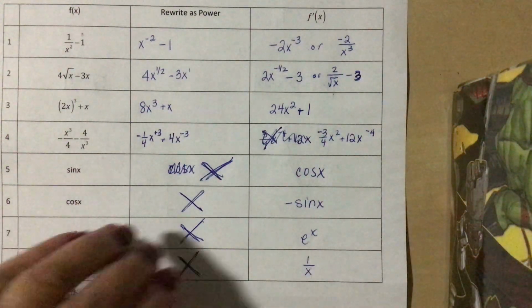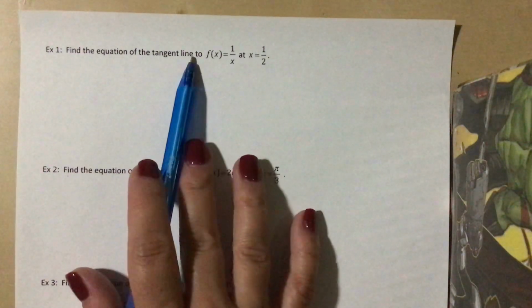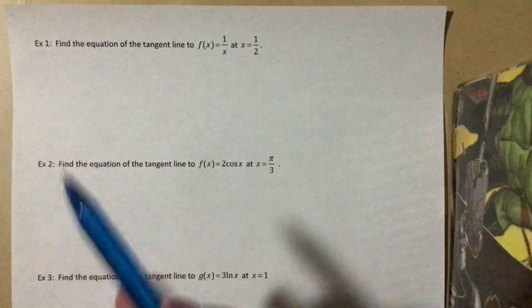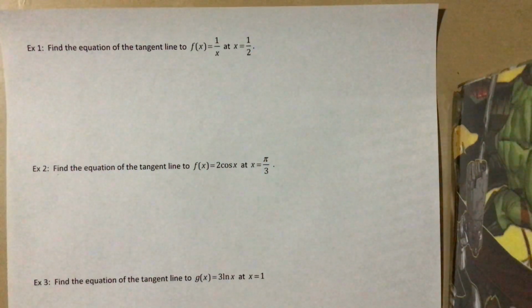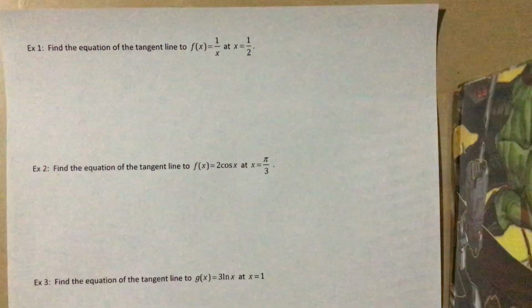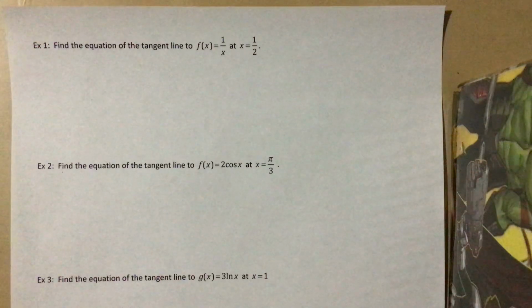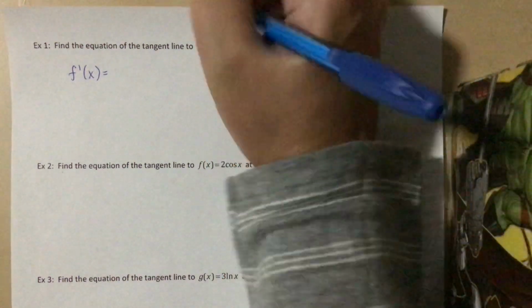Okay, last thing we're going to do today is look at 3 examples. We're going to tie back this beautiful little bow, this knot about finding the equation of a tangent line. So now that we have all these derivative rules, we want to be able to write equations of the tangent line just like I did before. So if I have a function 1 over x, and I know that the x value I want to calculate the derivative at is 1/2, first thing I write on my paper is f prime of x, right? I take the derivative. So I have to think of this in its rewritten form, which is x to the